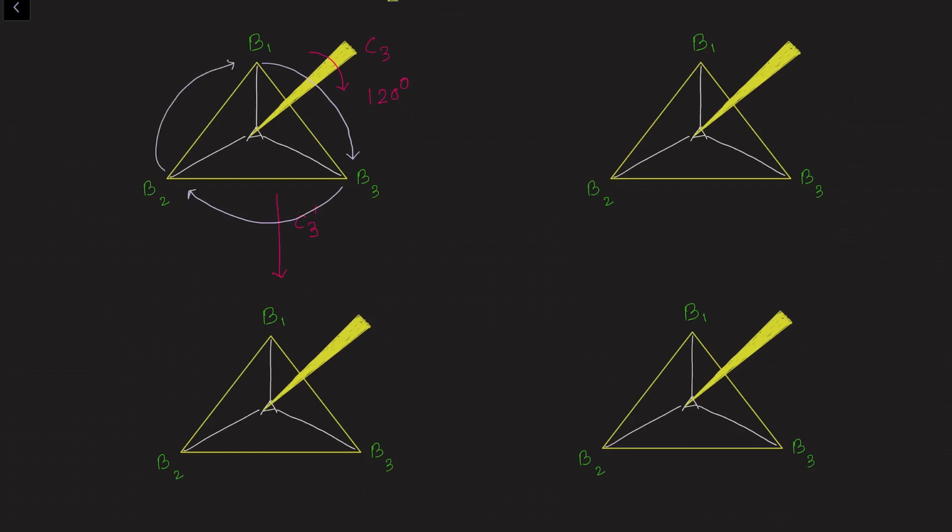So after this operation, what are the new positions of these B atoms? Here B1 will come, here B3 will come, here B2 will come. So what is the meaning of this? C3 operation one time,